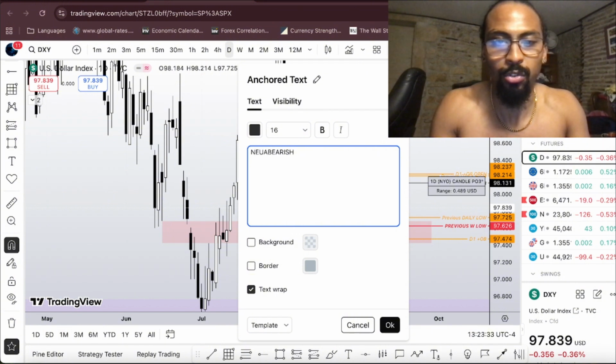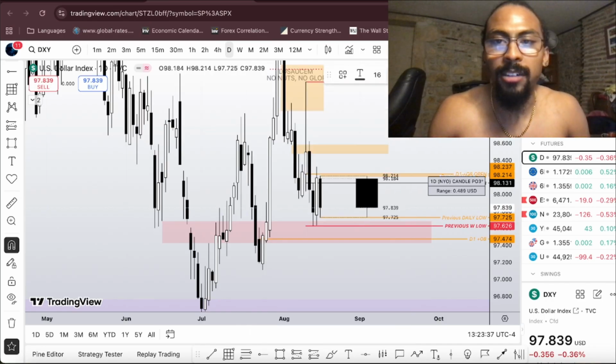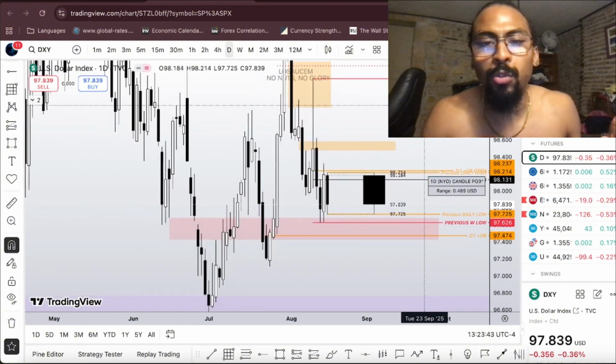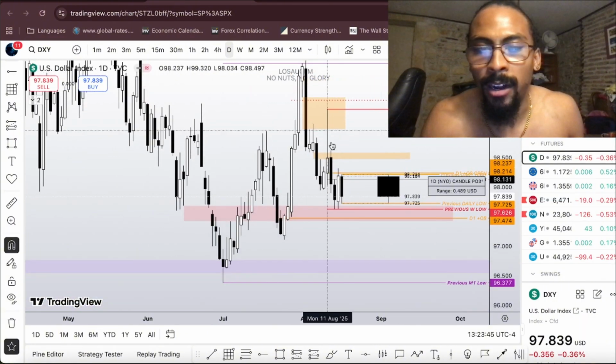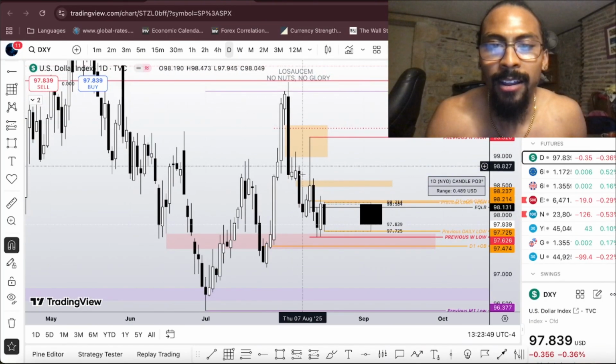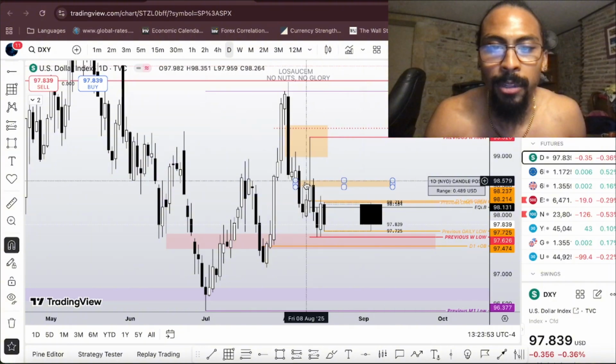I just can't spell neutral right. All right, there we go. So neutral bearish. I'm neutral bearish dollar. The only reason I'm neutral bearish dollar is because, for one, order flow has been bearish ever since we took out that previous weekly high right here. We took out this previous week high, and then we started dropping lower,